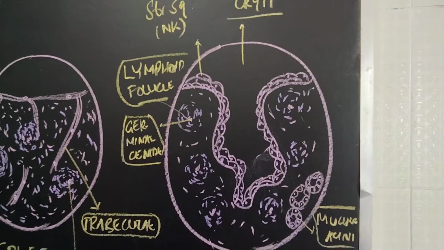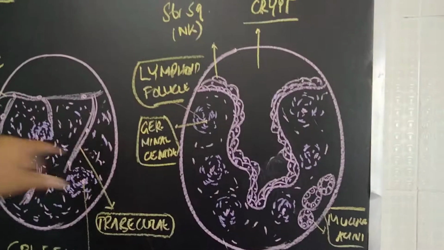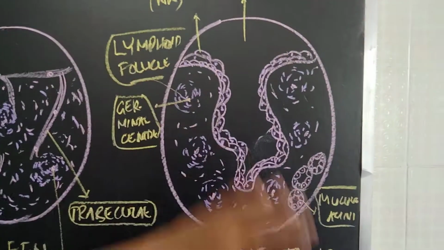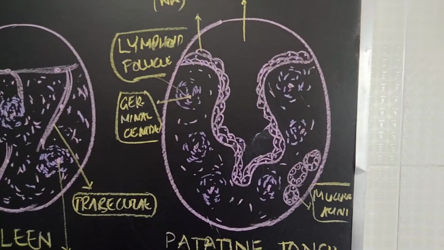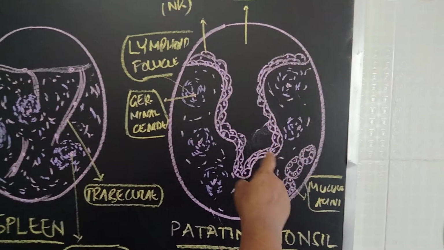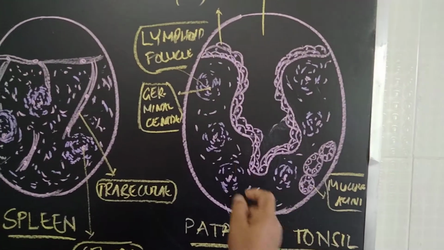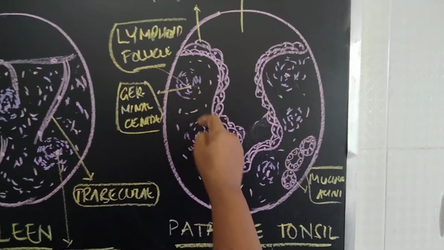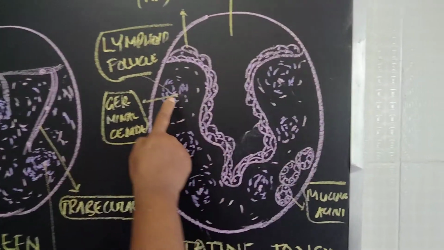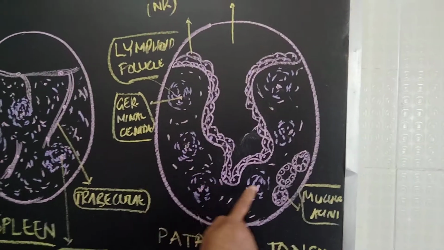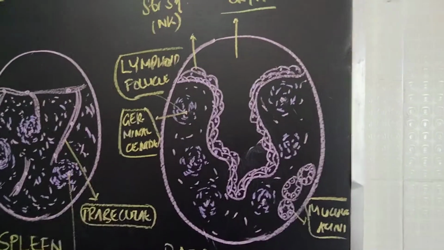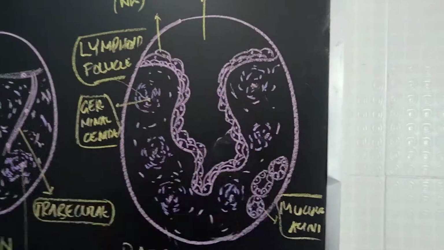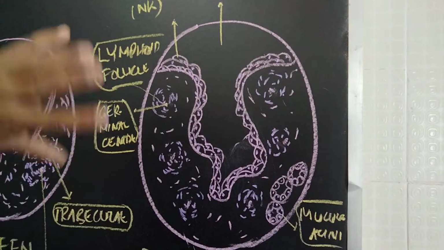The palatine tonsil is separate from all the other three because it doesn't have any capsule. It doesn't have any cortex or medulla. The palatine tonsil is present in the palate, which is the first line of defense when foreign antigen enters. It has lymphatic follicles, and the lymphatic follicles have the germinal center. Similar to the lymph node, the palatine tonsil has lymphatic follicles with the germinal center for the production of B lymphocytes to counteract the antigens.